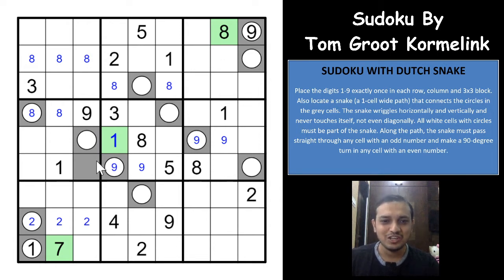Excellent logic, right? So even with just the one digit that we have found in the Sudoku, we are getting some progress with the snake here, which means that all these three cells would have to be non-snake cells. Even this cell would have to be a non-snake cell, because you'll have a branching off here, and a snake cannot have a branching off. Snake has only one cell width and a path that goes from one point to the other point, where it doesn't touch itself even at the corners. So this would have to be a non-snake cell. These three cells would have to be non-snake cells, right? Easy to see here.